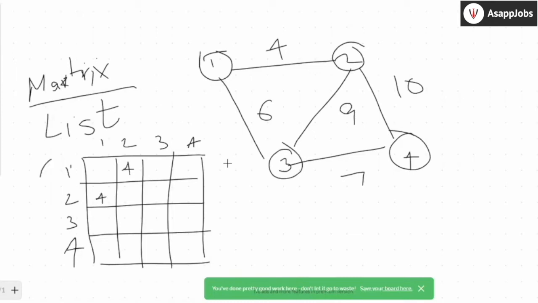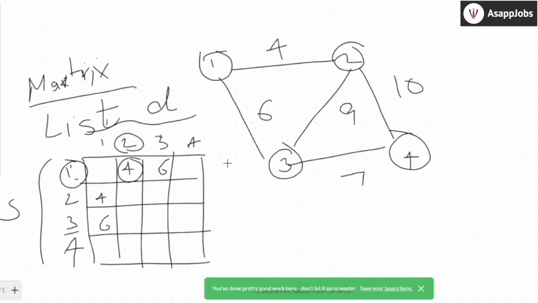So here this side is the source and this side is the destination. Okay. So when I say 1, 2, this is 1 and 2. The edge between 1 and 2 you'll mark here. Same for 1 to 3, the weight is 6. Again 3 to 1, you go to 3, then you go to 1, the weight is 6. Okay. This way you can mark the weights of a graph.